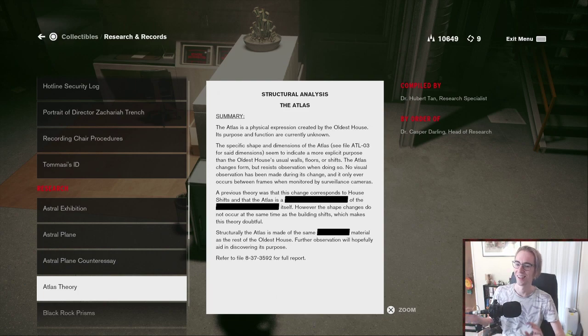Okay, so there's like a quantum element to this of like superposition. It exists when you're looking at it, but as soon as it stops being observed, it enters that